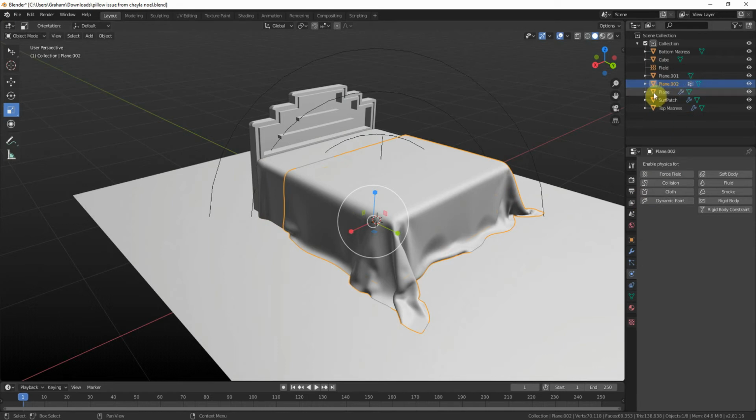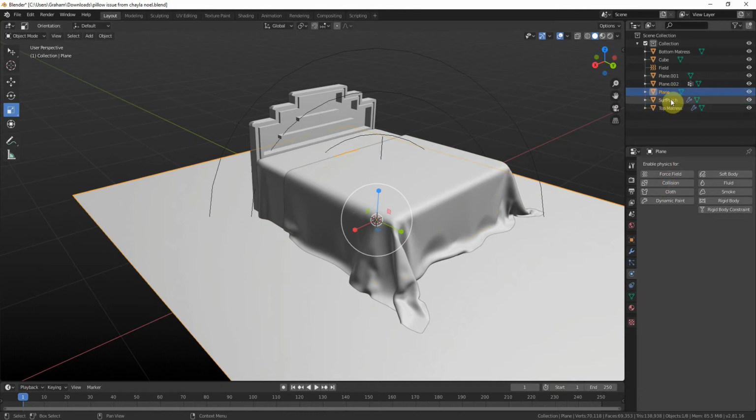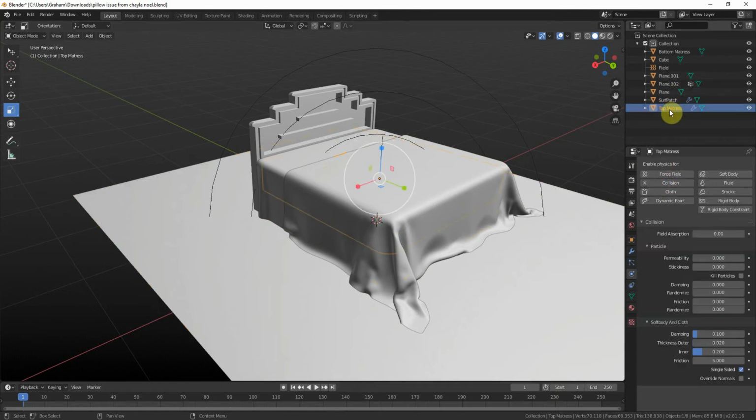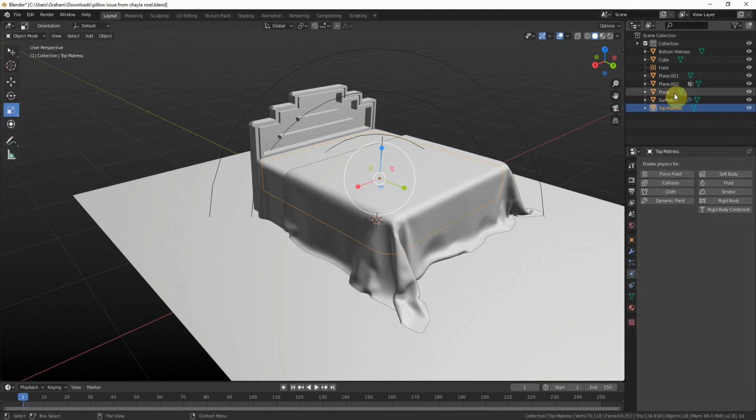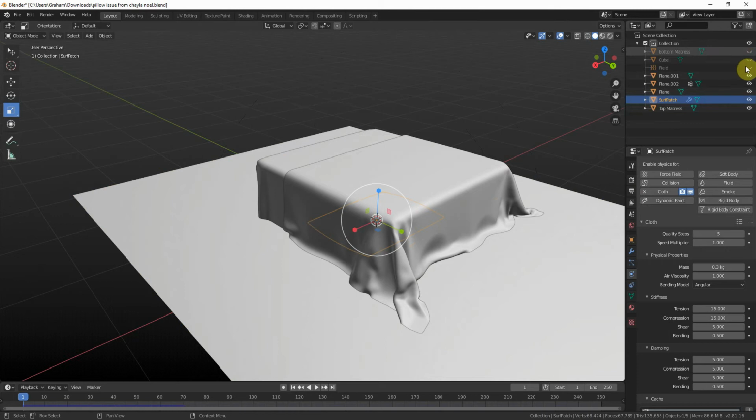That's a pinning group or something, I think. This plane is the ground plane, so we'll get rid of the collision on that. Surface patch we want. Top mattress, once again, is collision, get rid of that. Surface patch will have the cloth modifier, not the collision. Alright, so if I hide these again,